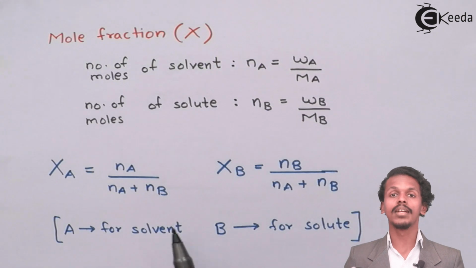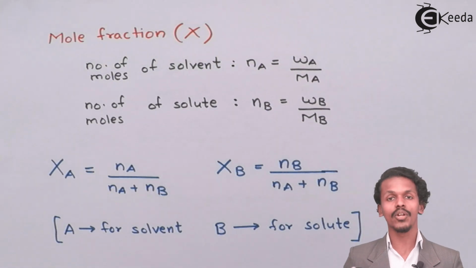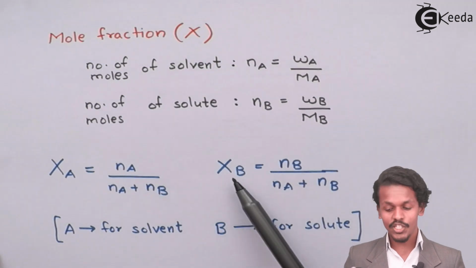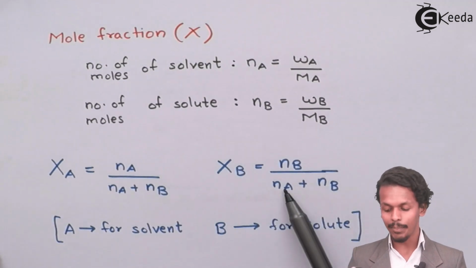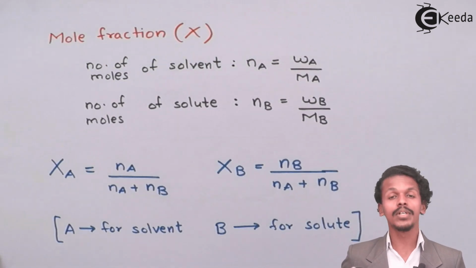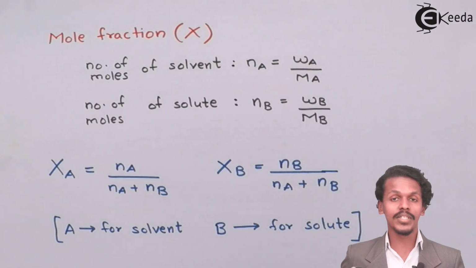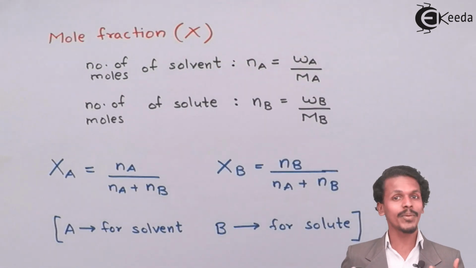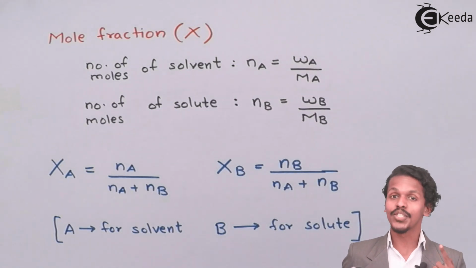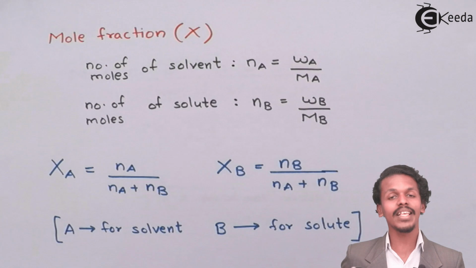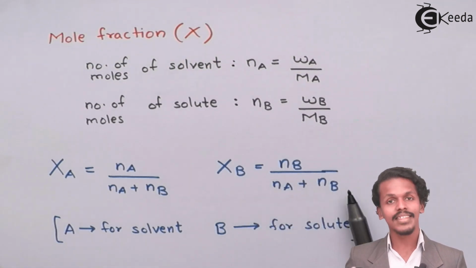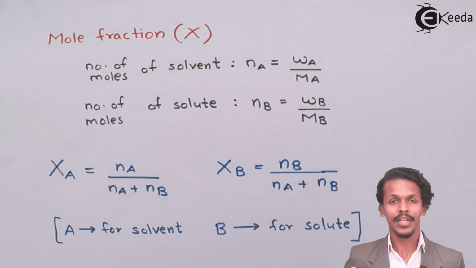Similarly, when we talk about the mole fraction of solute, we have Xb equals Nb divided by Na plus Nb, which means it is the ratio of the number of moles of solute to the total number of moles present in the solution. The moles in the solution are distributed into two parts, the moles of solute and the moles of solvent, which makes the formula Xb equals Nb divided by Na plus Nb. Moving to the next one,